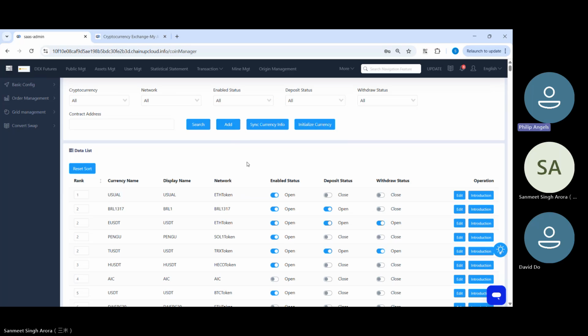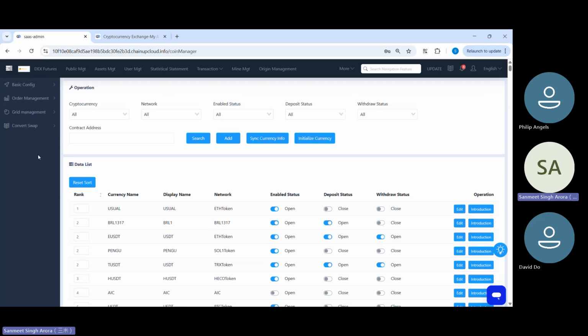Question. Hello, I have one question. If there's a cryptocurrency that your master bank doesn't have, what do I need to do? So there are two ways. One is if you go to this add section,